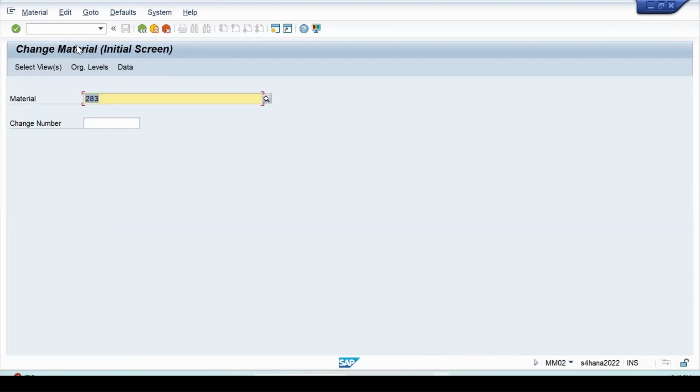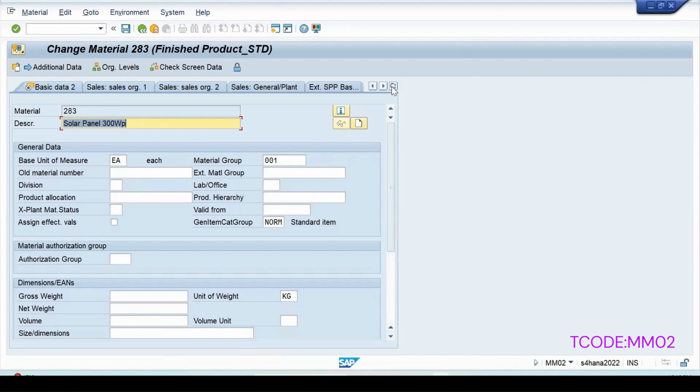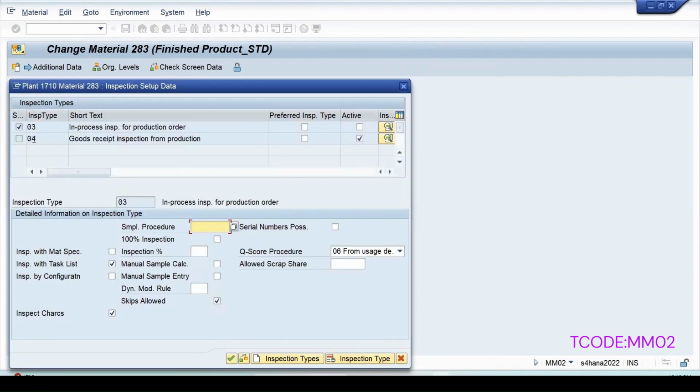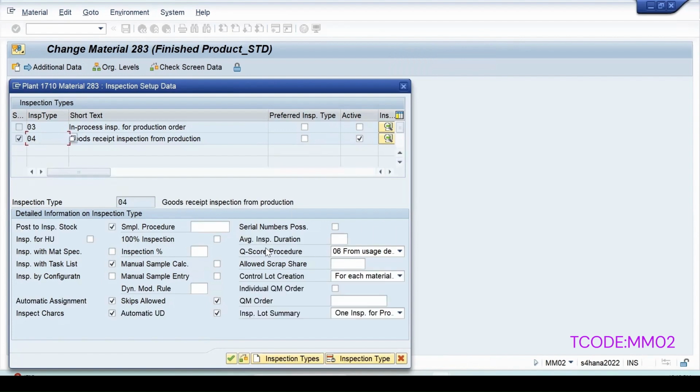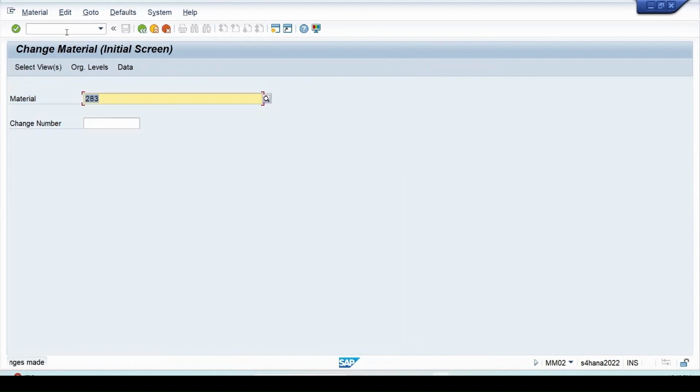MM02, enter 283, which is a finished material. QM view in this, inspection type 04 is activated, and to make this material, I need few components. Save this. The bill of material for this material 283